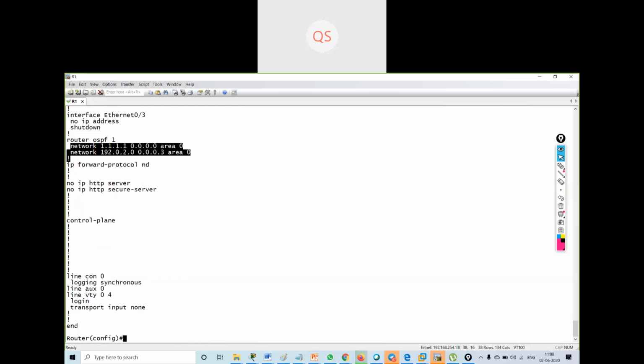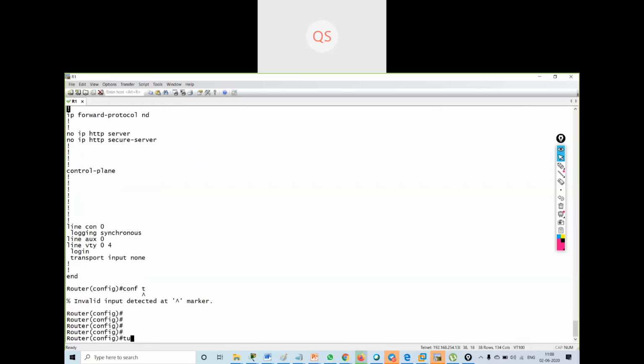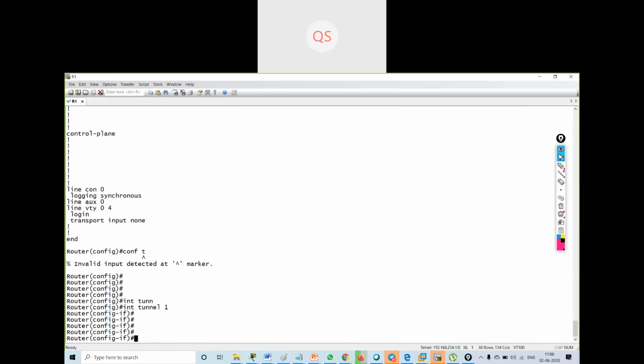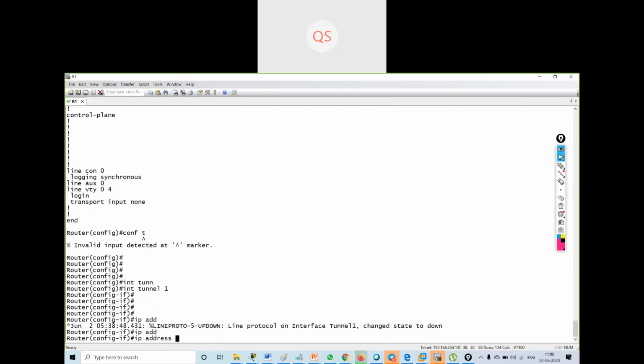So first, what I will do, I will create a tunnel. Interface tunnel 1. I'll say the IP address of the tunnel is 192.168.0.1, which is having the subnet mask as 252.